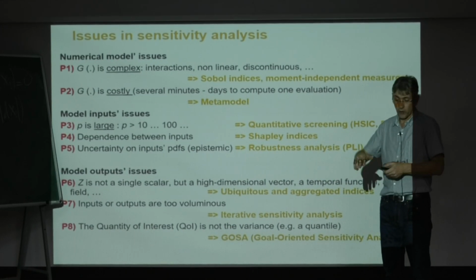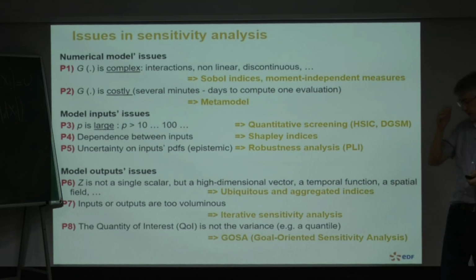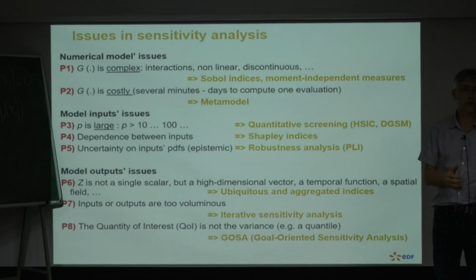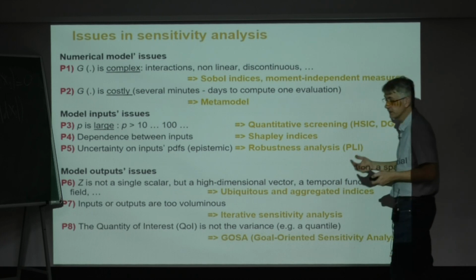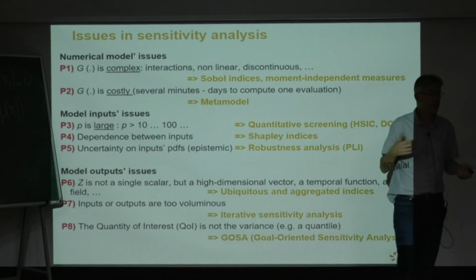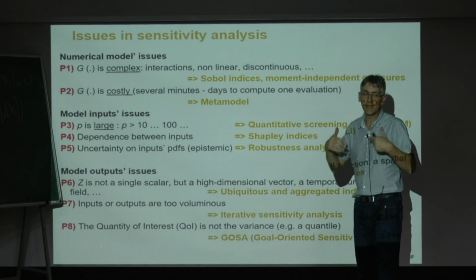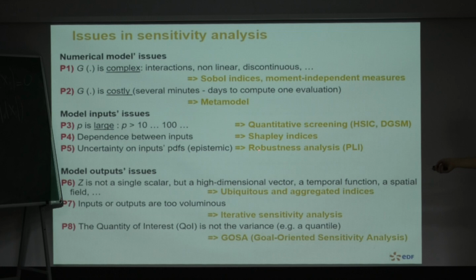All that we do in uncertainty propagation and sensitivity analysis is based on some probability density functions. But in the real world, we are not sure about these probability density functions. For example, in my industry, the nuclear industry, of course, we put some distribution functions on some parameters, but in fact, we don't know a lot of things. So we have to take care of this second level of uncertainty. And I call this robustness analysis.